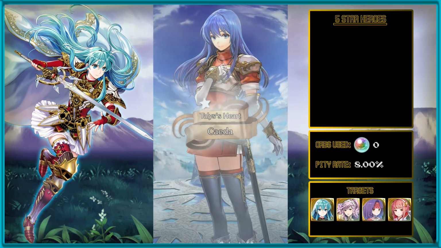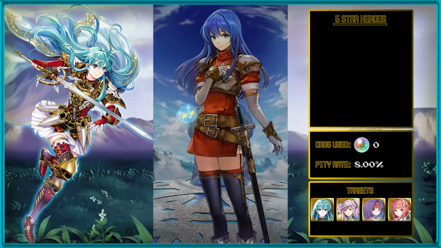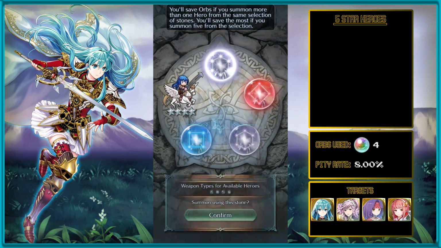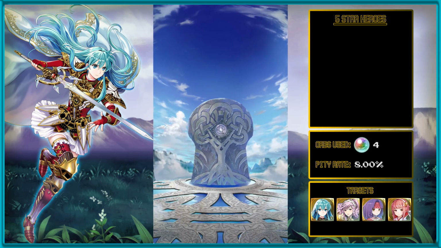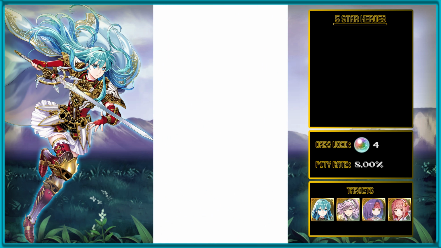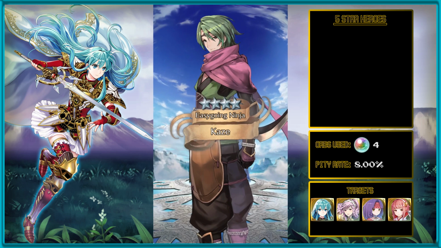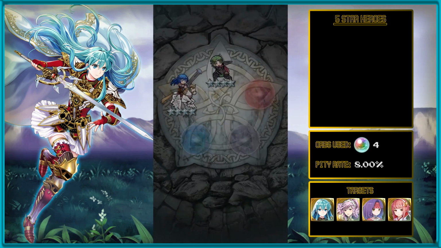Alright, we got a Sheeda. I'll go in a clockwise order. And a Kaze. So as you can see on my wanted list right there, I'm looking for a Bride Soniki